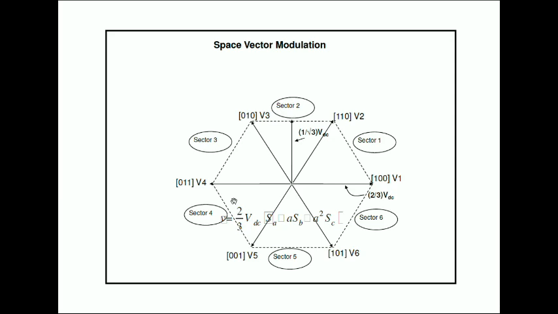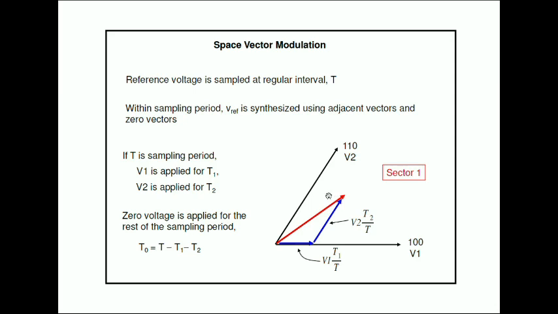Like that. So what we are going to discuss further, I am taking only one sector. Now consider this sector with v1 and v2. If you have got the idea about this sector, you can make any vector in any other sector. This is our basic idea. So how, that we are going to discuss.